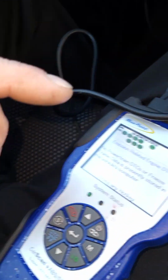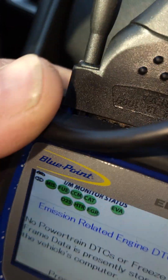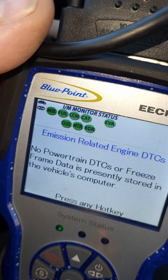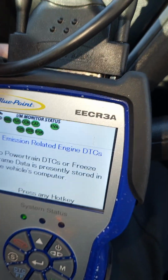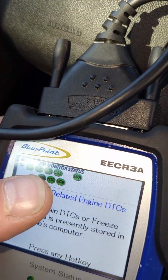What's up, YouTube? So you may not be a diagnostic technician or very familiar with using a code reader. If you're in the market for a used car or a pre-owned car or any car, the most important thing you can do is buy a code reader that will tell you if it has the readiness monitors in an easy format. This one you just plug in and it tells you all these green lights mean that